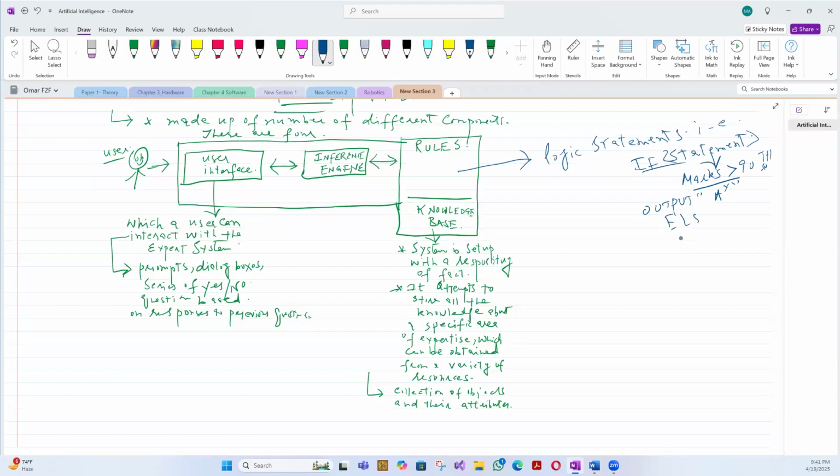Else, then you can have multiple if then else statements. Then you can have more statements, right? We'll learn about all these things, inshallah, in paper 2, right? So, yeah,